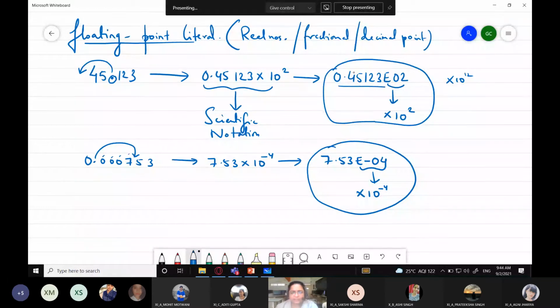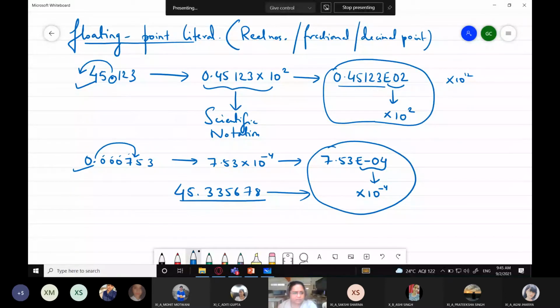Now this is for cases when you get an answer where the number of places after the decimal exceeds a certain limit. But if they are smaller numbers like these, it is fine. Whatever answer you get could be something like this. Till here it is okay, but if it exceeds this limit, your Python might display it in the scientific notation.